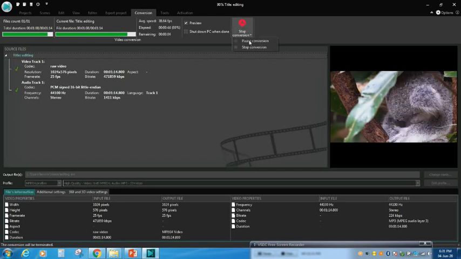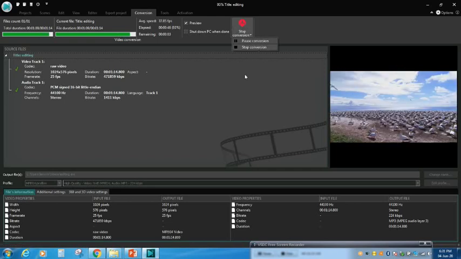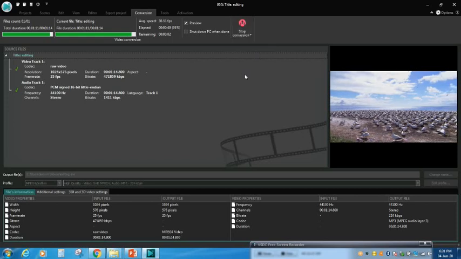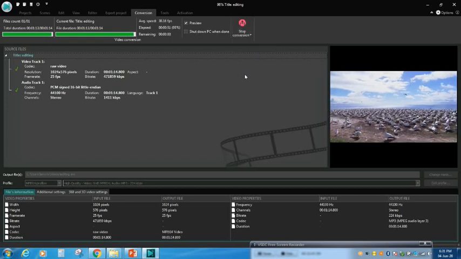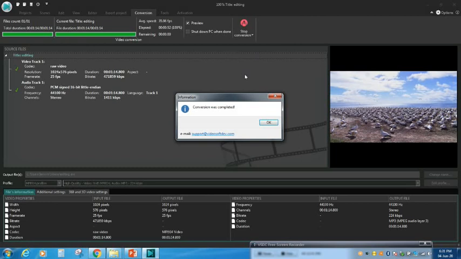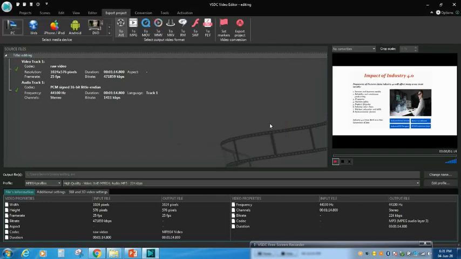If you want to stop or resume, anything is possible. Pause conversion, stop conversion are possible. Okay, conversion was completed. Then press OK. So the output file will be in this location.